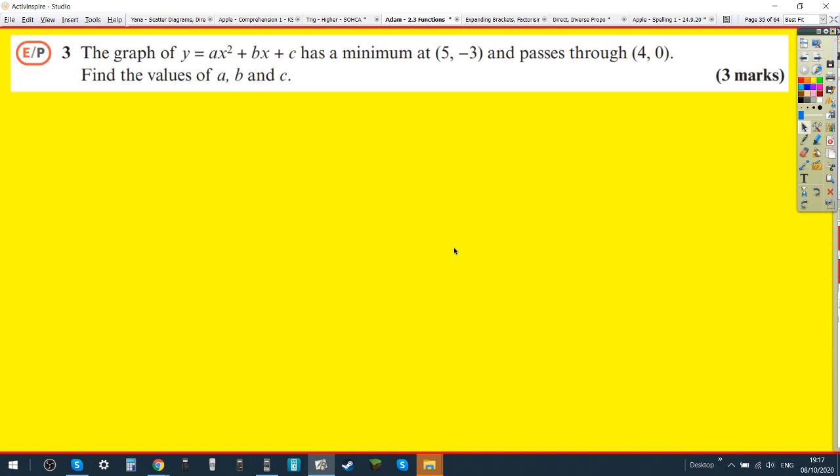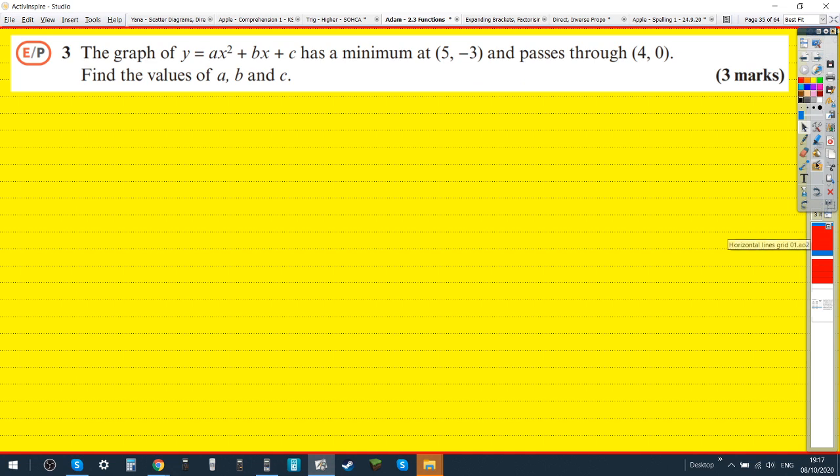Okay, let's try this one. This is the exam question. Any idea how we do this? So is it easiest to draw out the graph first? Might be. So we know the parabola has a minimum, so it's like a U-shaped graph. Yes, that's true. The minimum is at 5, minus 3, so it'd be somewhere like there. And it passes through